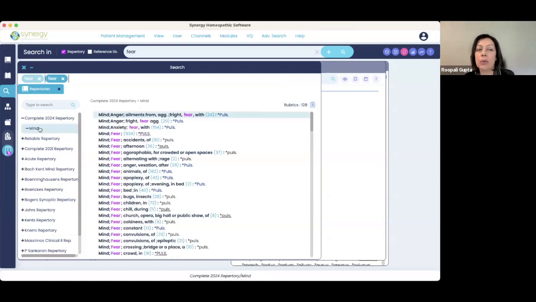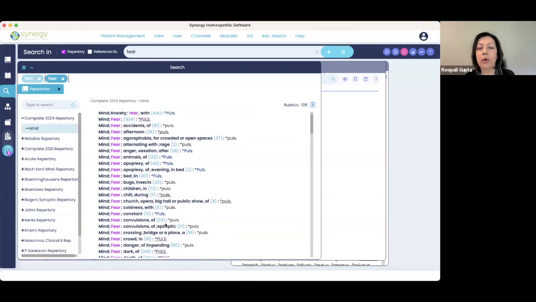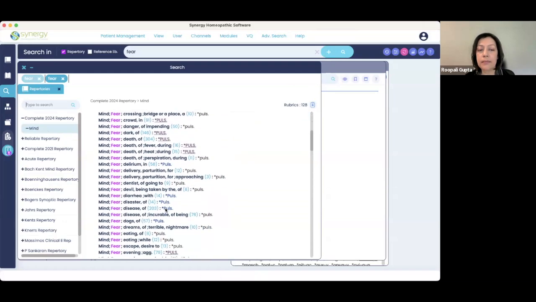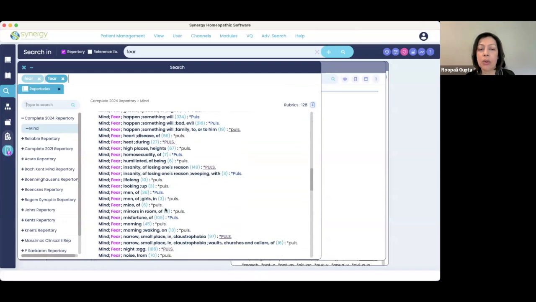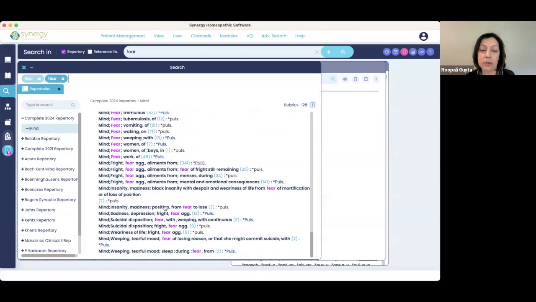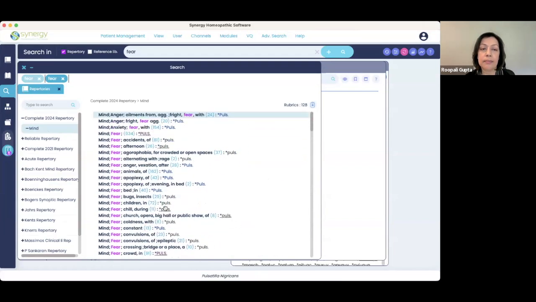And now you see that only the mind rubrics for fear come up. And they're all pulse rubrics. And you can even see what the grade of the rubric is. And here you go, all of the pulsatilla fear rubrics. That's a lot of fear. And that's really useful. But you can even, let's say, look for fear